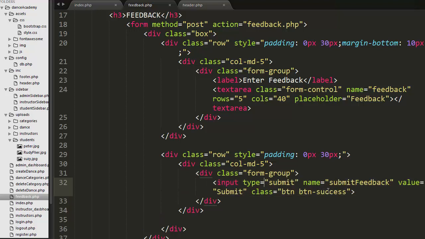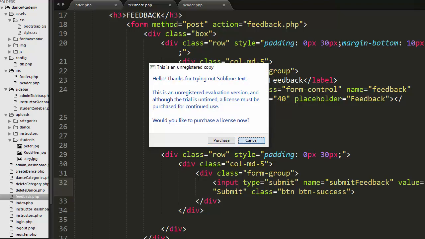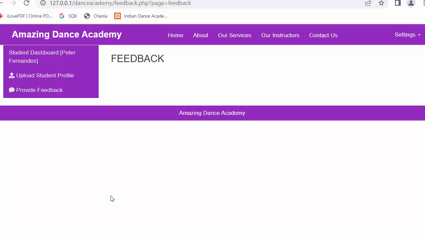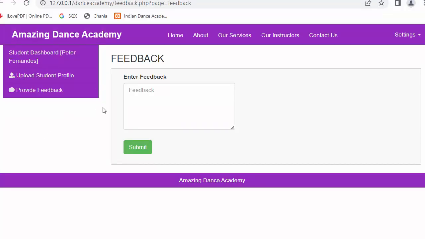Okay, so now you can see I have given the name to this submit button as submit feedback. So I will be using the same name in my PHP code whenever I will be making a post request to the server. So now let's refresh the page. Now you can see it has started displaying the label along with the text area, and there is a submit